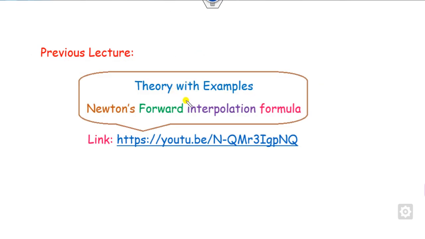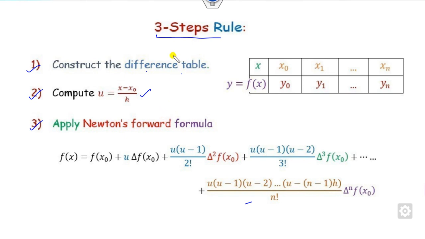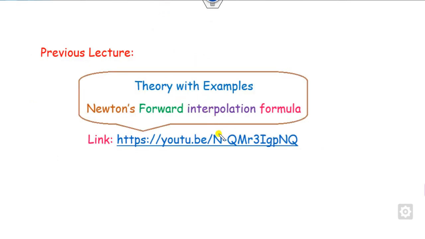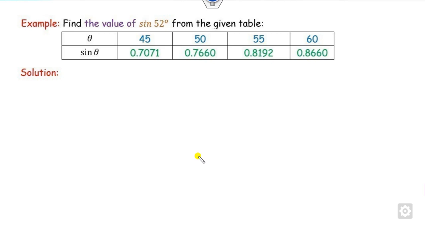Also, in the last lecture we saw how these 3-step rules are made, and how we can solve various examples related to this problem. You can browse this link or see the description for more detail about the Newton forward formula. So let me first elaborate. We will try to construct the MATLAB code for this, and after that we will construct it for any data set, whether there are 4 data points or more and more. So there is not a big problem. How can you construct this MATLAB code? Let's first describe the 3-step rule, so that we can translate it into MATLAB programming.